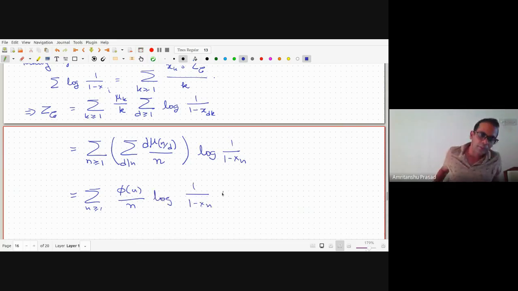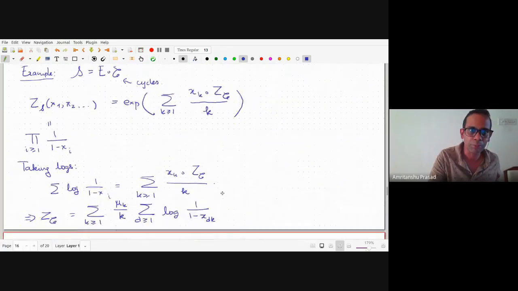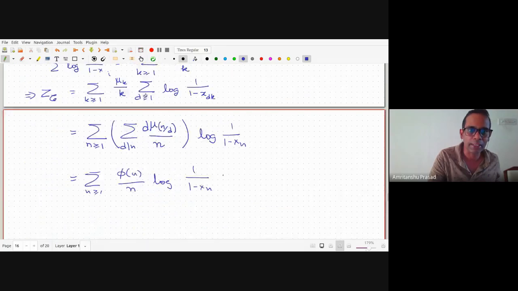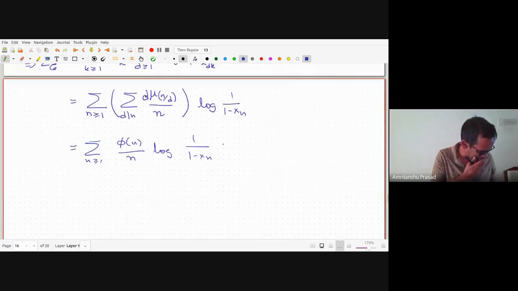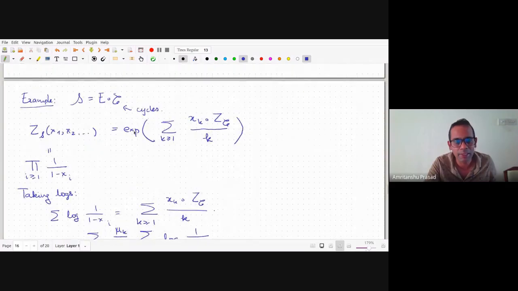So you can use this kind of arithmetic inversion to compute the cycle index generating function for the species of cycles. And I haven't really been able to get a very nice expression for the Frobenius characteristic. It doesn't simplify much more than this, except that instead of x_n here, I will put p subscript n. I haven't really got any very exciting things, but this kind of argument works in many cases.